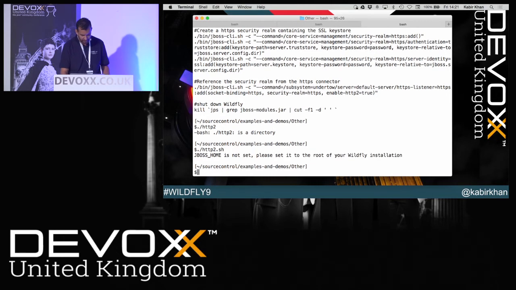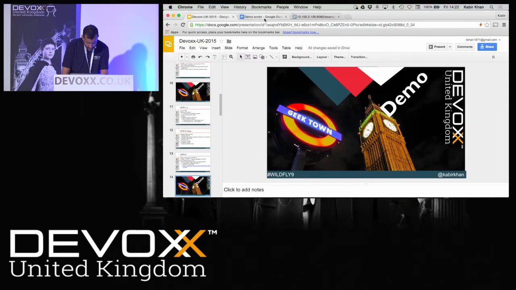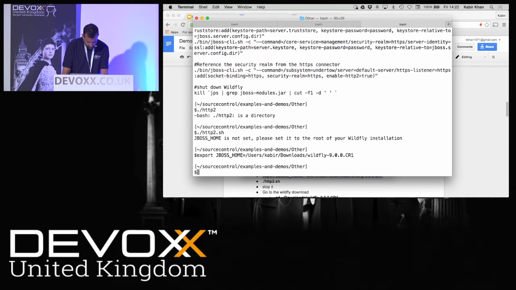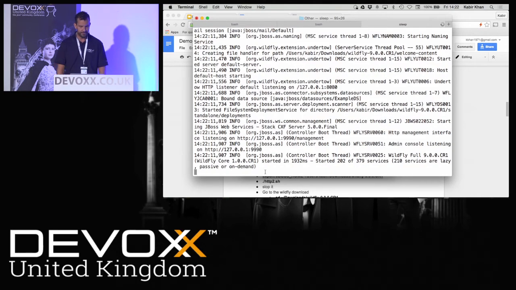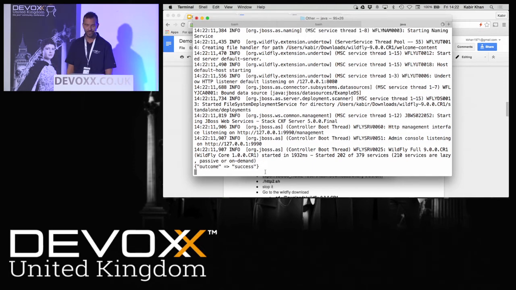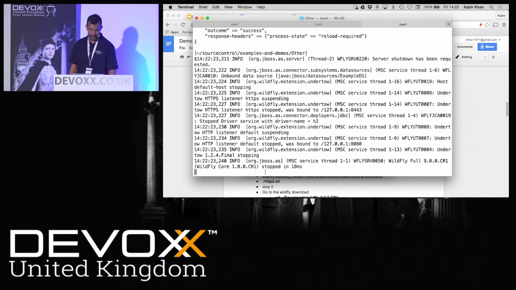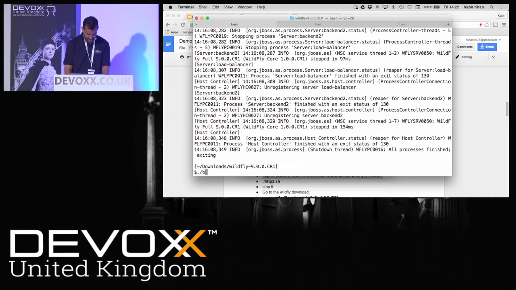So now if I run this script, then I need to set it to JBoss home. It'll wait a few seconds before trying to update everything. So now that should be done. So now if I start the server normally,